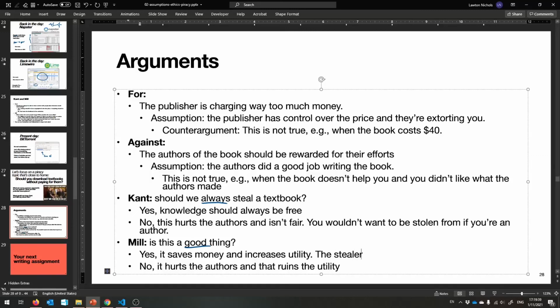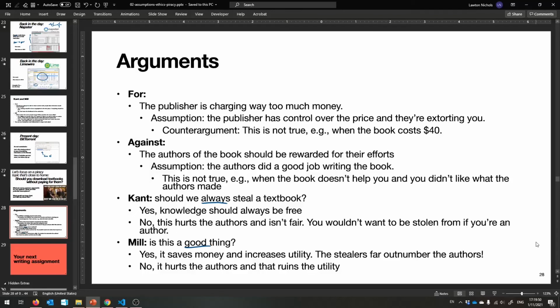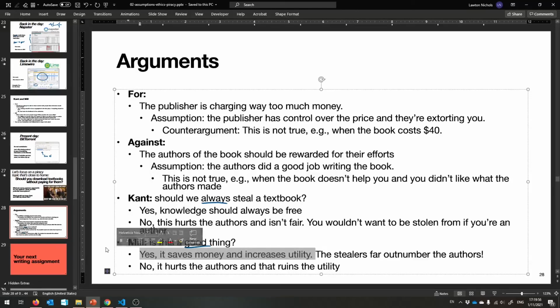The stealers far outnumber the authors, right? I don't think I've seen a textbook with more than like 4 authors. So if 5 people go and steal it, then automatically there's more utility there. Yes? And then on the other hand, no, it hurts the authors, and that maybe is the bulk of the